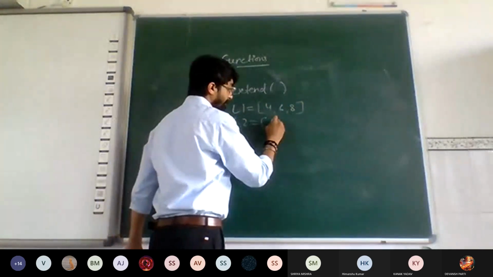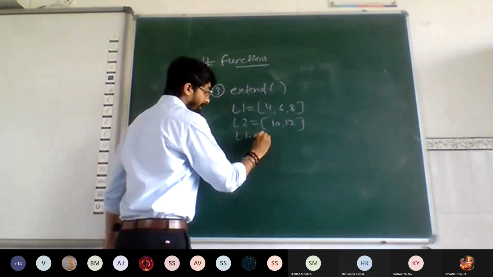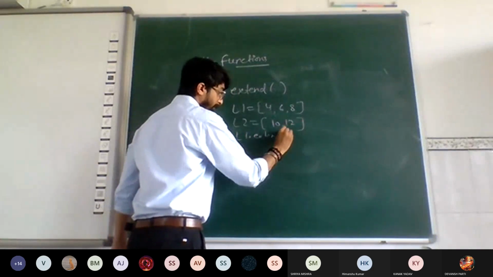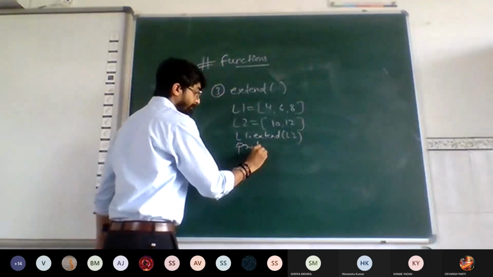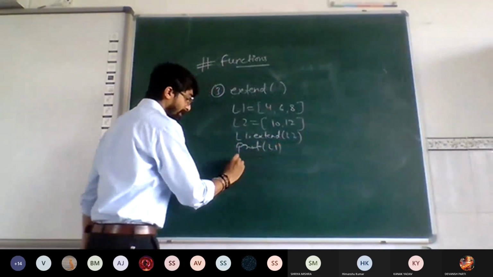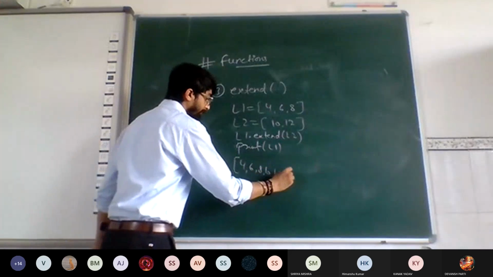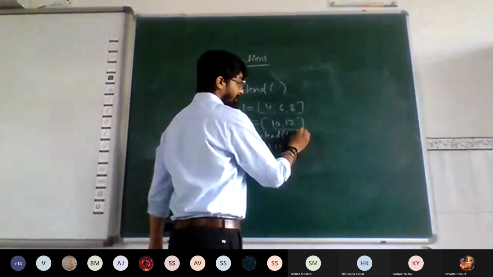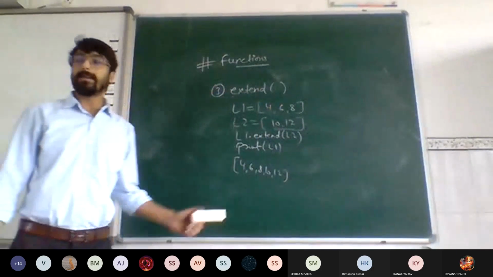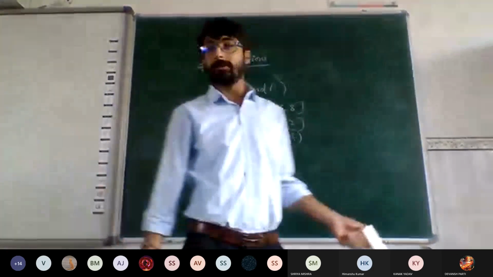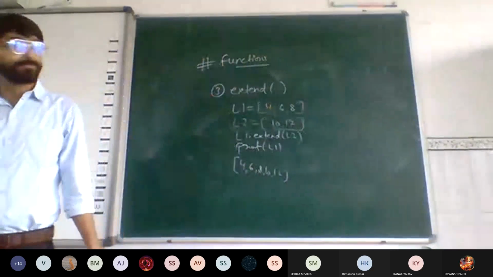and we have another list, and I will write the list name dot extend, and I have printed this element. It will print 4, 6, 8, 10. So these two elements will get appended in this. It is similar to your plus operator, the concatenation operator. The extend function will add a list with a list.